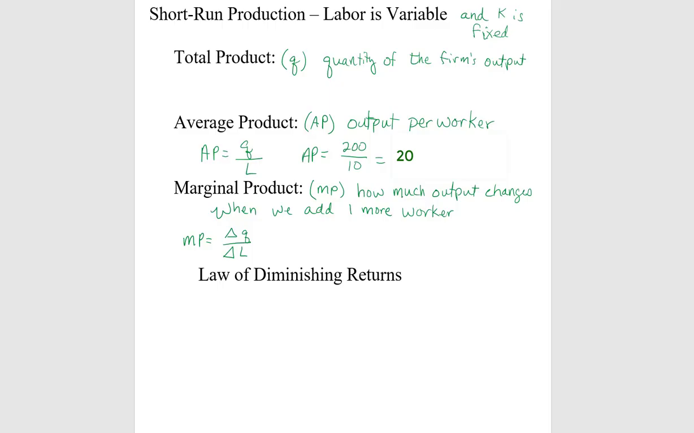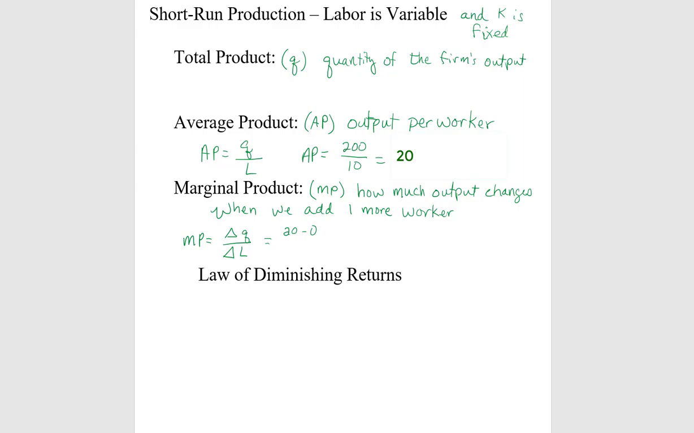The equation for that is marginal product equals the change in Q over the change in L. So for example, pretend we had no workers, we get no output. If we hire one worker, we get 20 units of output. So 20 units of output for that first worker